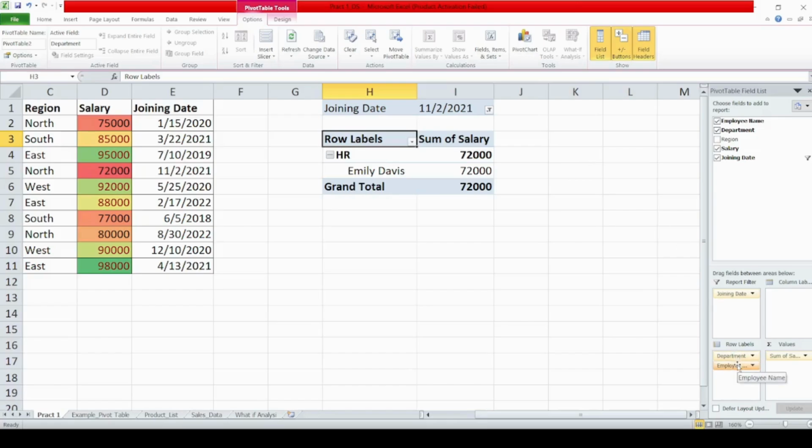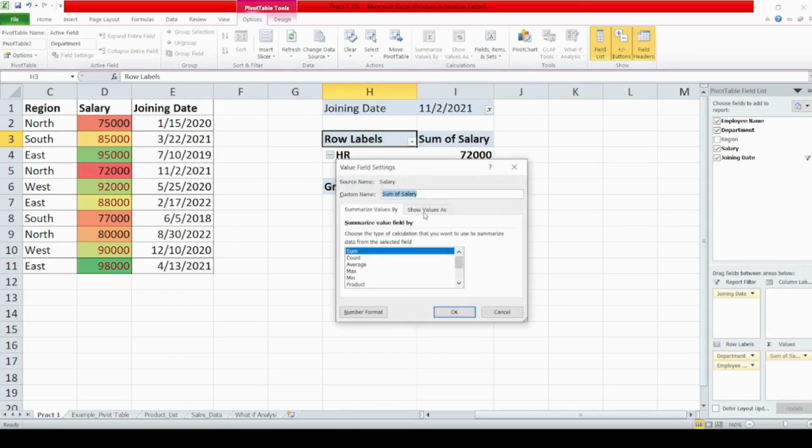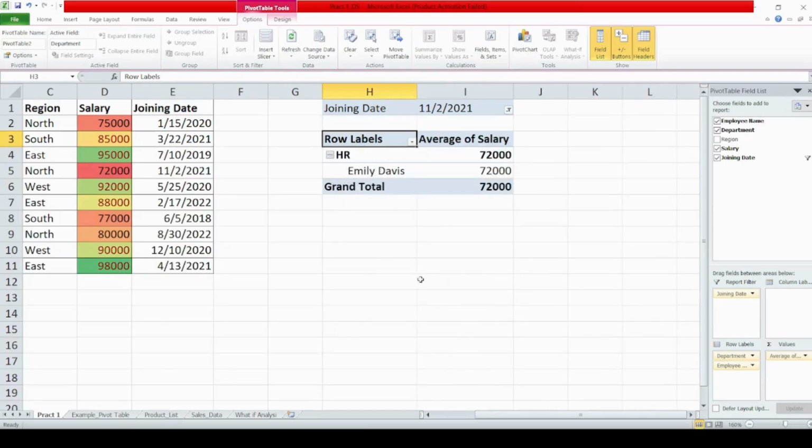The reason I have opted for department, employee name and the summary of the salary is that the summary can be calculated as sum or any other. So you can go under Sum of Salary. You'll find a small triangle. Click on that and go for Value Field Settings, and there you can choose sum, count, average, max, min, product, whatever you want. And for example, if I want average, I'll click on average. So that would be my average salary.